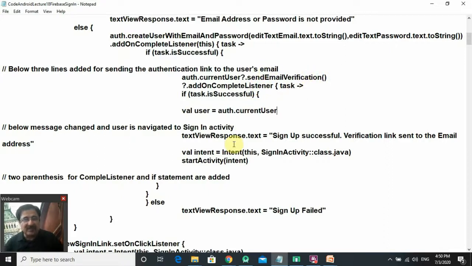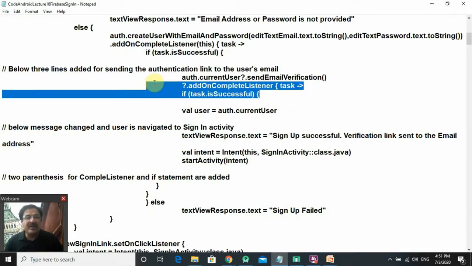And if this task, that is sending of email, is done successfully, it will execute this if block. Otherwise, it will go into this else block displaying that sign up was failed. That is, either the email and password was not created or the email verification was not sent. Okay. So what we are supposed to do, that we have to copy these 3 lines,